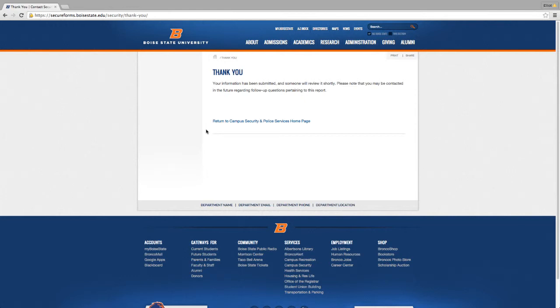Remember, give as much information about the crime as possible when writing the crime description, and be as specific as possible when inputting location information. Give your best guess when designating the location and what crime category you think the crime fits into, but don't get hung up if you are unsure. It is always best to report and let the Clery compliance officer figure out the correct designation.